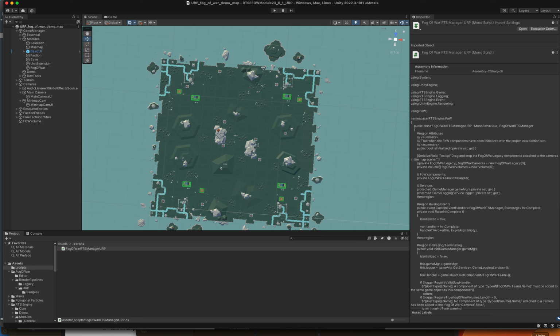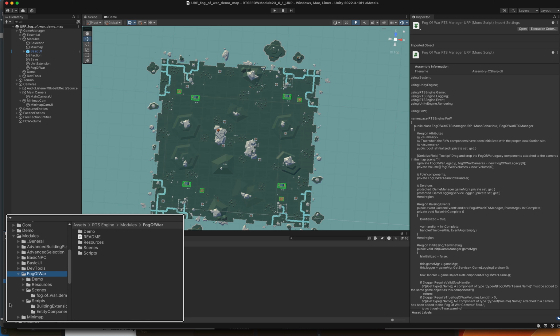So I will show you how to set it up, and we'll go from there. What I could do is just do this straight from scratch, but I'm not. All right, let's do that maybe. So go to scene, fog of war, so modules. Yeah, let's do that. Fog of war,